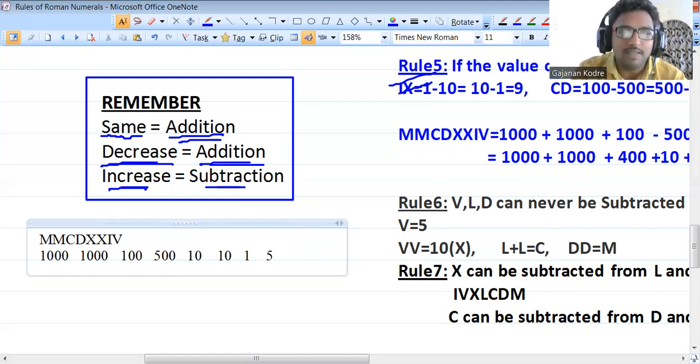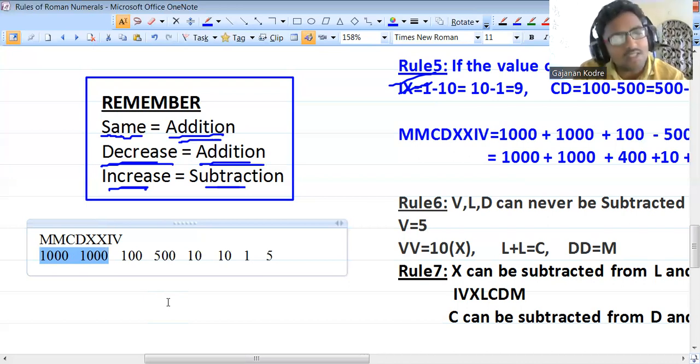Rule number 4 and 5. अब देखो, यहाँ पे सबसे पहले जब हम रीड करते हैं तो सबसे पहले कौन सा नंबर डिस्कस करेंगे? लेफ्ट मोस्ट 1000. अब इस 1000 के कंपैरिजन में जो नेक्स्ट नंबर है, सो व्हाट इज द नेक्स्ट नंबर? 1000. अब मुझे बताओ, पहले नंबर से दूसरा नंबर